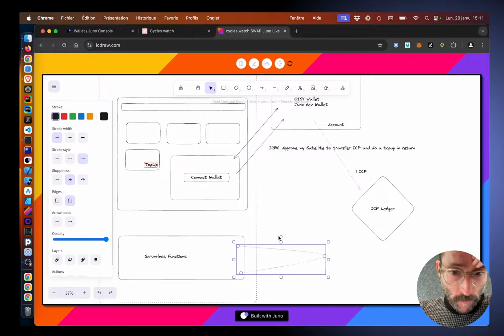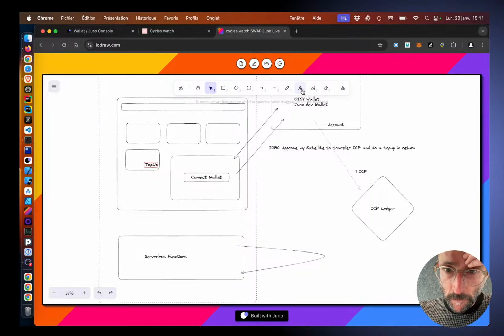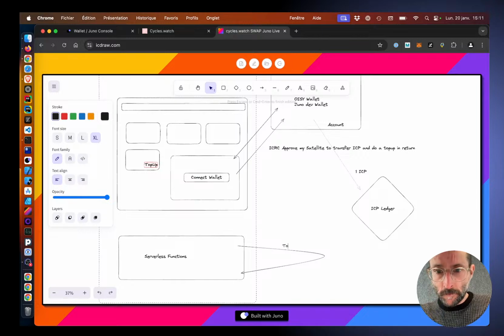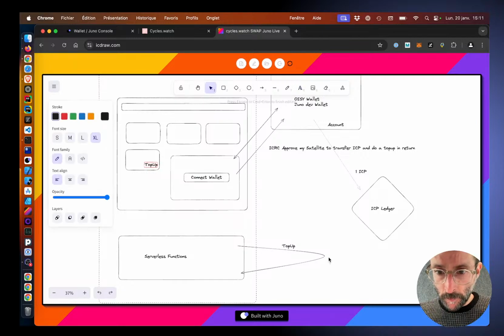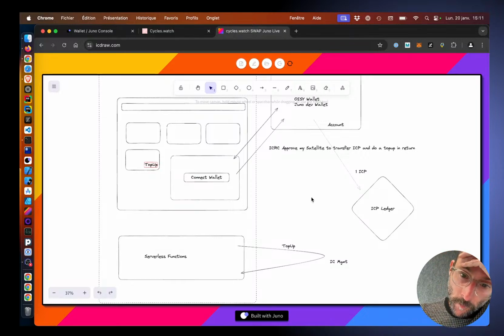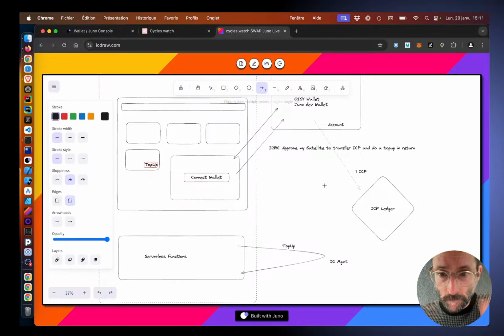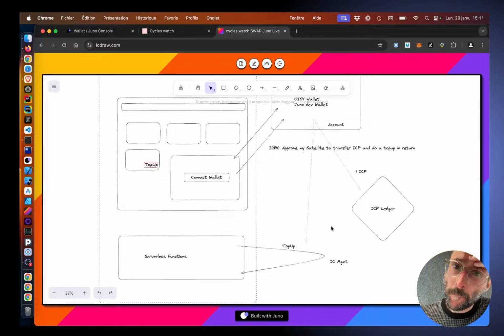Here we're gonna do effectively the top up with the, here it's gonna be the IC management. Okay, but to do that we're gonna use basically this ICP, right? Something like,